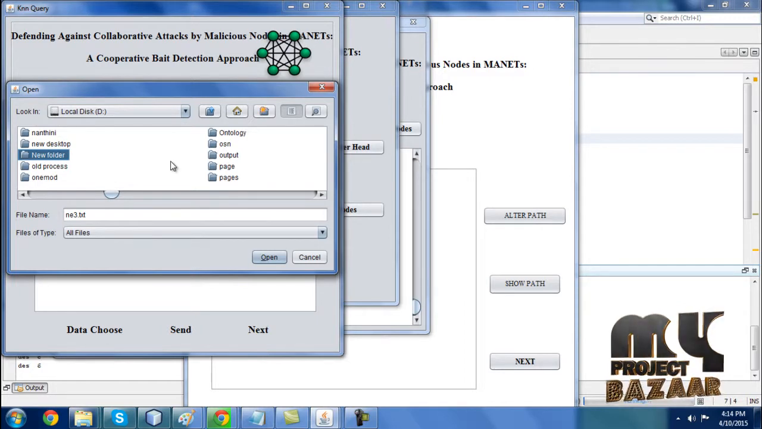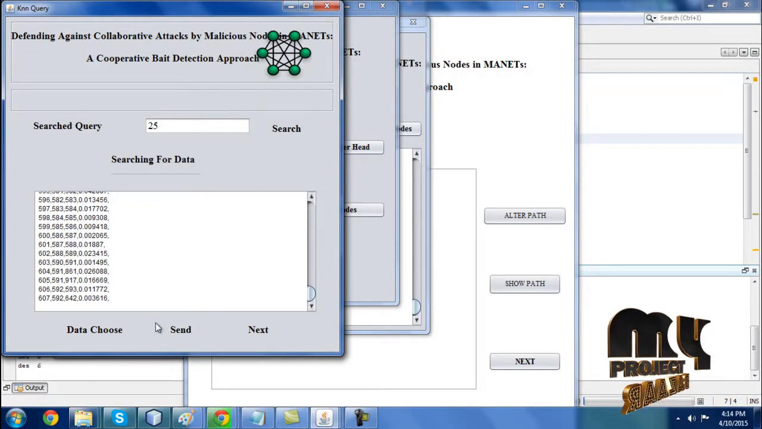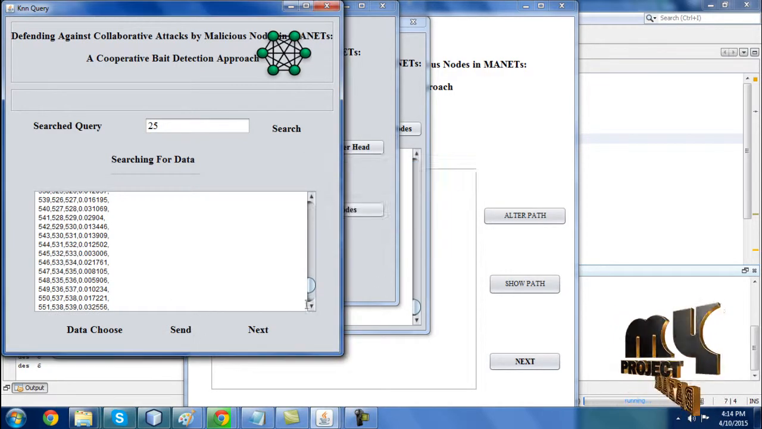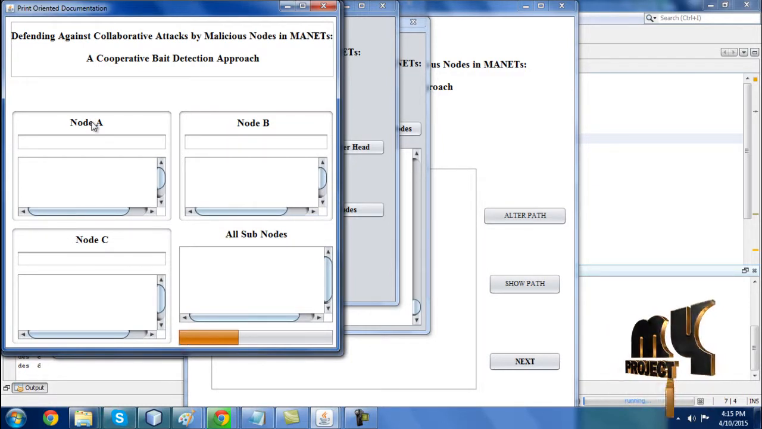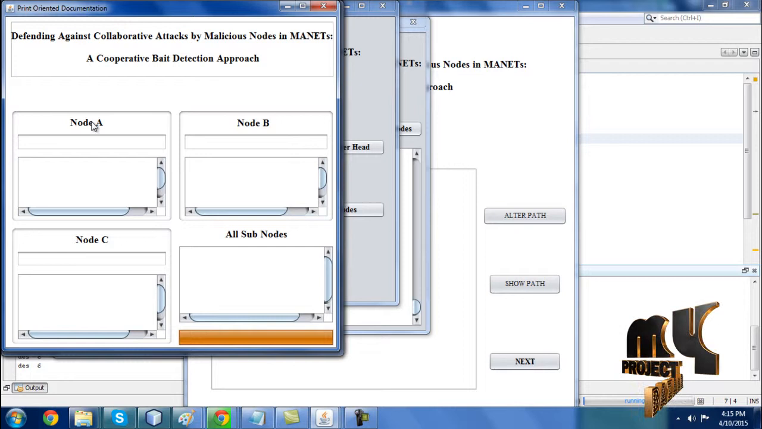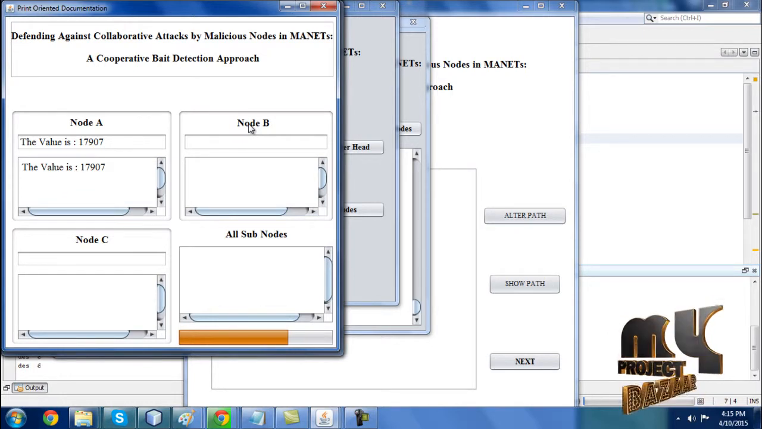Any one of the data, here I am going to take. Here it displays the data, then sends it to the destination. Then here I am clicking next. Here I am going to reduce the traffic. Node A takes more time to display the values. Here it is taking more time. Then node B takes less time compared to node A,